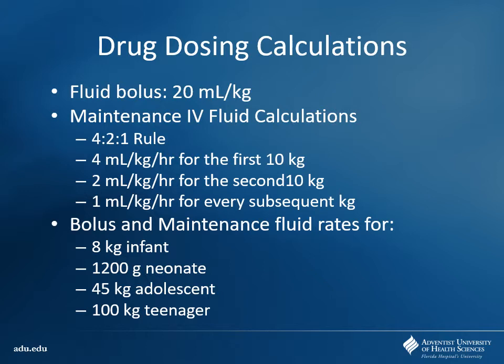So typical fluid bolus is 20 mL per kilo. And then for the maintenance rate, right, because you're going to give them a bolus, and then typically they'll get put on a maintenance rate. Do the 4-2-1 rule. We've covered this before, correct? Yep. So the first 10 kilos they get 4 mLs per kilo per hour. For the second 10, they get 2 mLs per kilo per hour, and then for every subsequent kilogram,